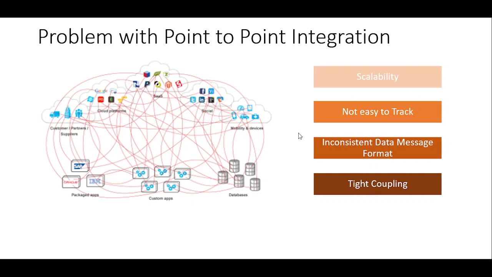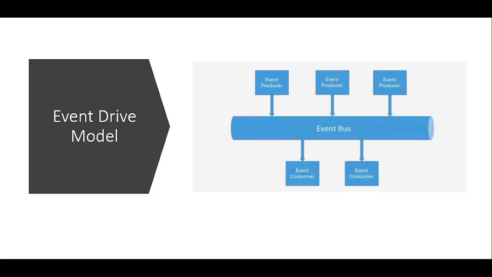All these issues can be resolved by platform event, or I can say event-driven architecture, which is used by platform event. So what does the event-driven model look like? See how clean and simple it is. When an event occurs, where an event means a change in the state of a business process, then a